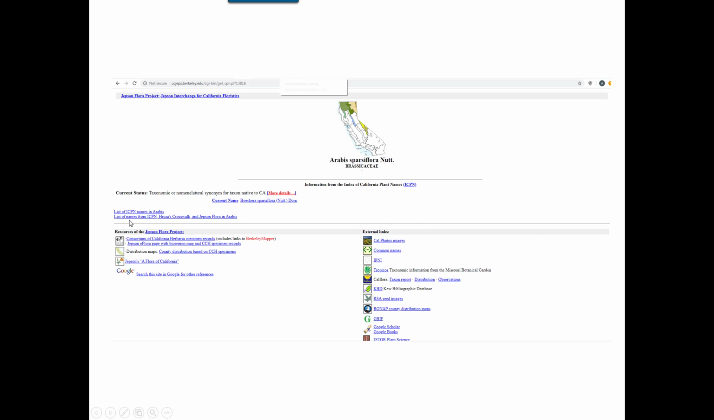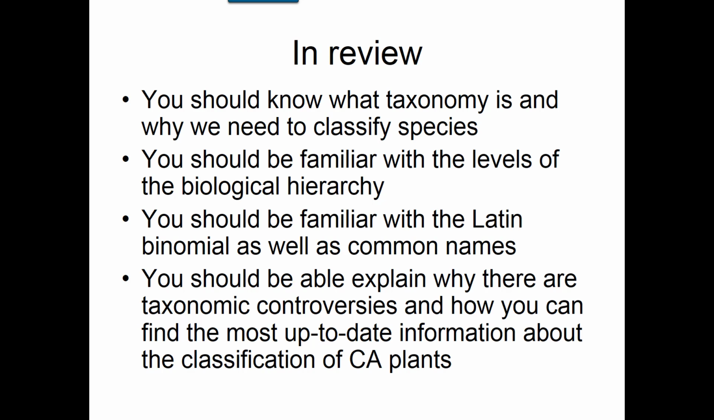So this is the name that you should use for this plant rather than Arabis sparsiflora. And once again, you've got all this great information down here through the Jepson's Online Interchange about any plant that you look up. So this is one way that we can navigate some of these controversies, and we can also get the most up-to-date taxonomic information about the flora of California. Okay, so